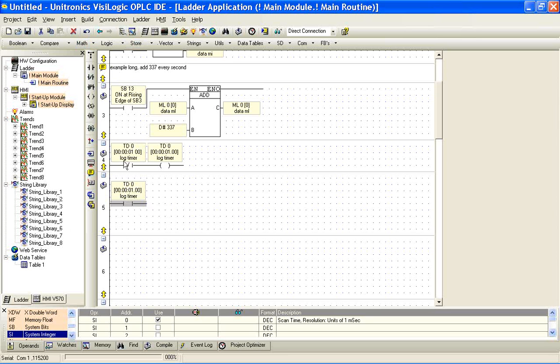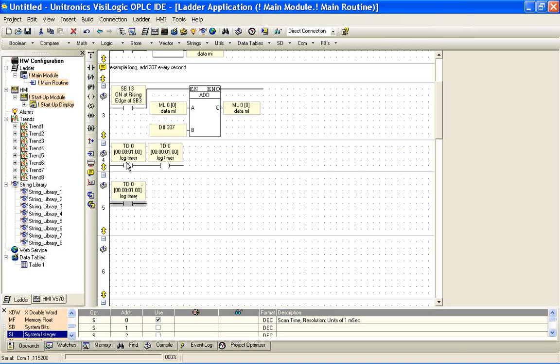When we come around the scan, our normally closed contact will now be open, and it will disable the countdown timer. Since this timer is of the type TD, when we stop supplying power to it, the bit value will go low. TD0 here in net 5 will be low again. This contact will be low. And we'll come around, and the normally closed contact will be active again. So this timer will run around, and every second will pulse the contact that's linked to TD0, and it will